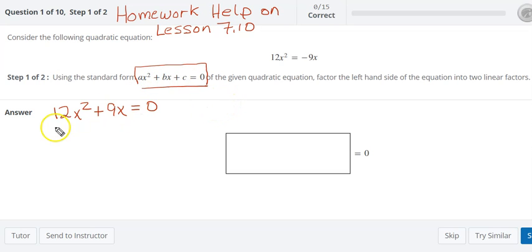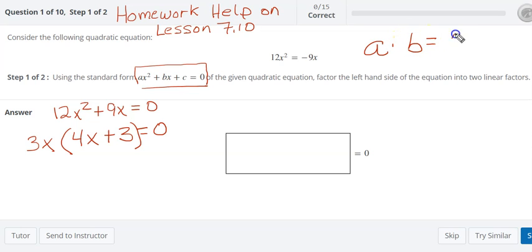Now, instead of 3 terms, we only have 2 terms, but the protocol is the same. We're going to factor out the greatest common factor, which is a 3x, and this leaves us with 4x plus 3 equals 0. And again, we're using that a times b equals 0, the zero factor property, where